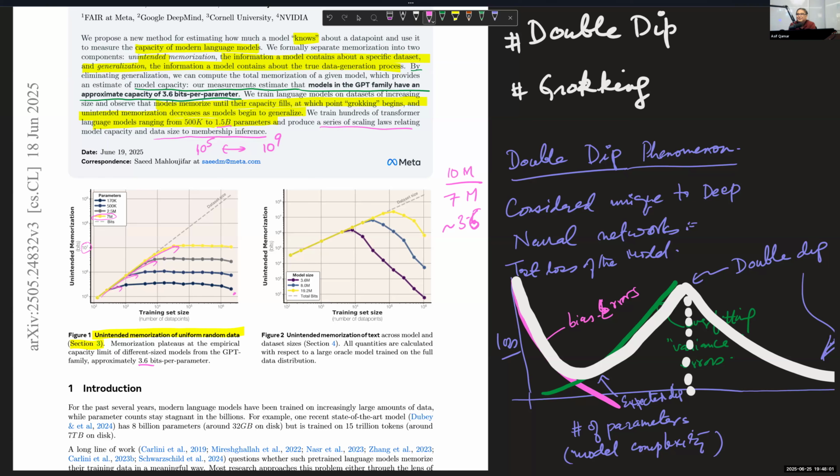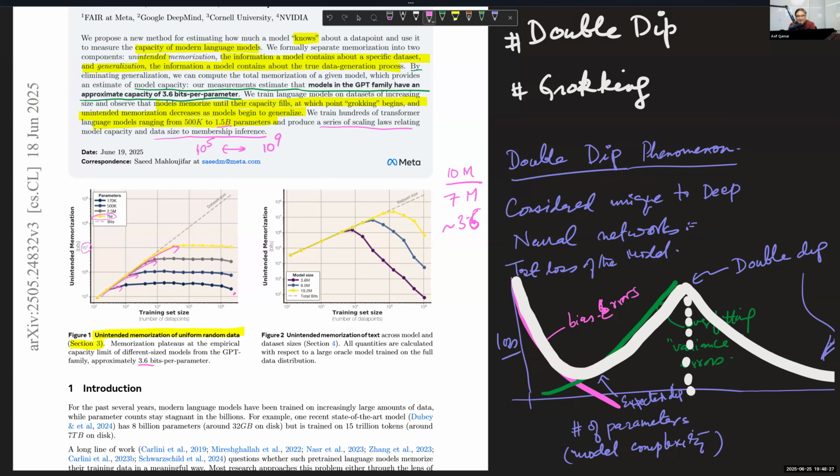Right? When they reach their capacity limit, they begin to asymptote. So that is a key finding. That's the first scaling law that they discovered. The second thing they discover is that as you increase the training set size, unintended memorization not only saturates at